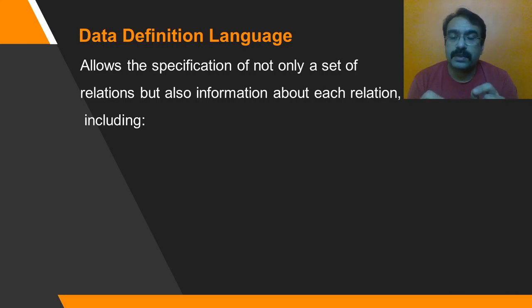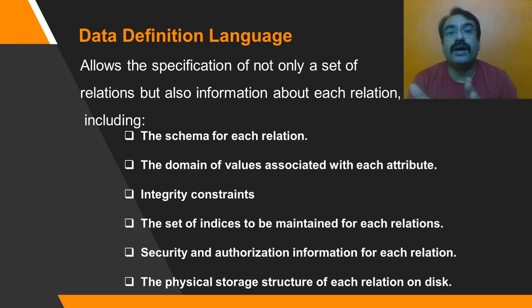Not only define but also describe its structure, what will be the names of columns, what will be the data types of columns. All these kinds of descriptions will be mentioned using DDL, along with what relation the two tables share. But not only that, it includes the schema of each relation.